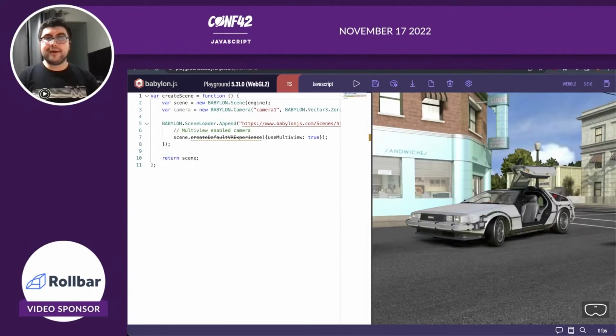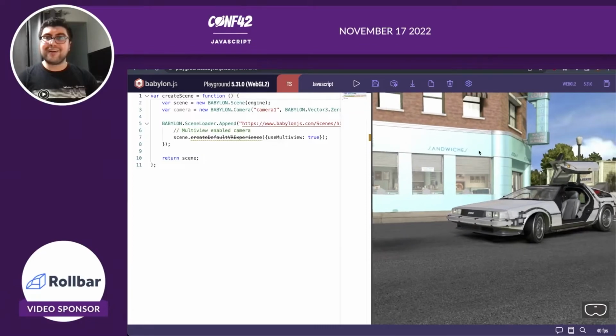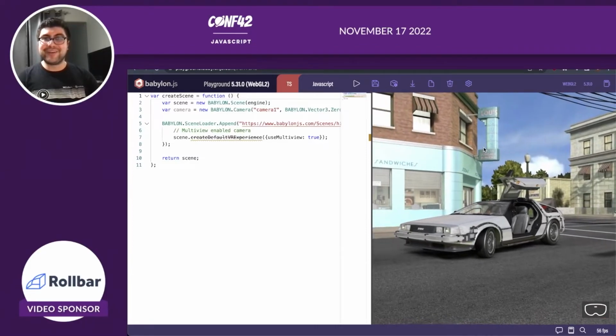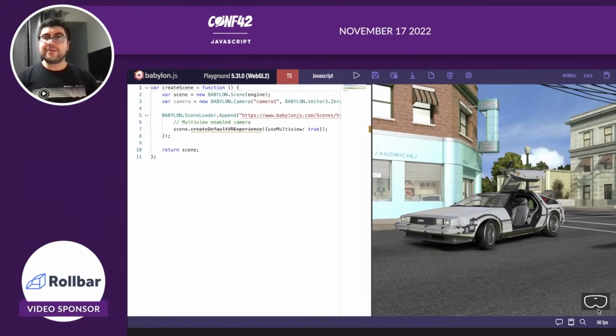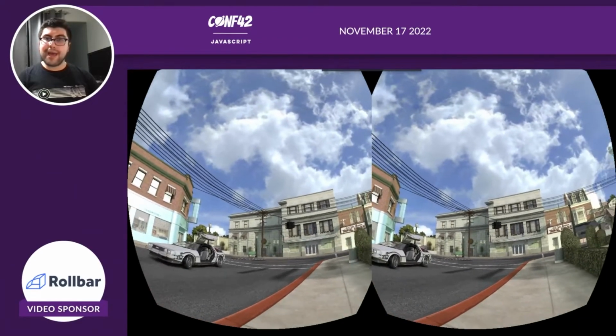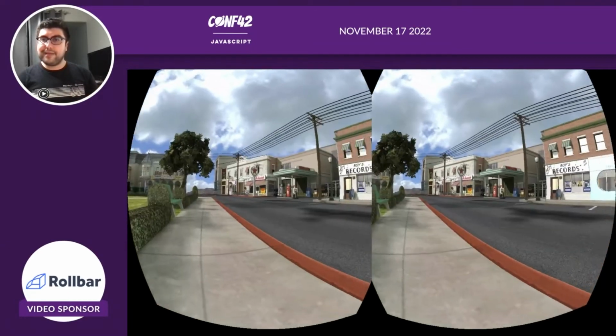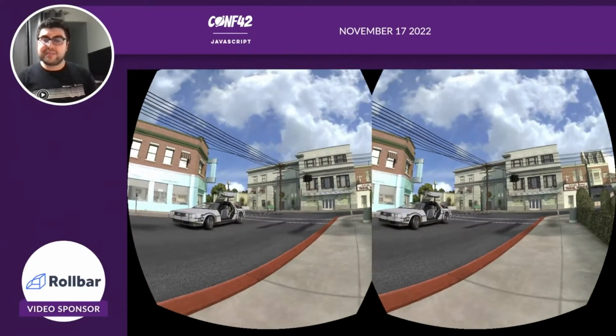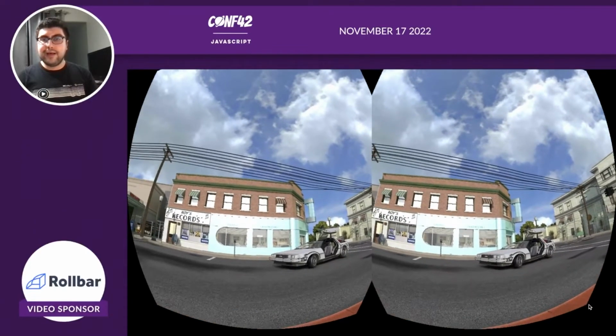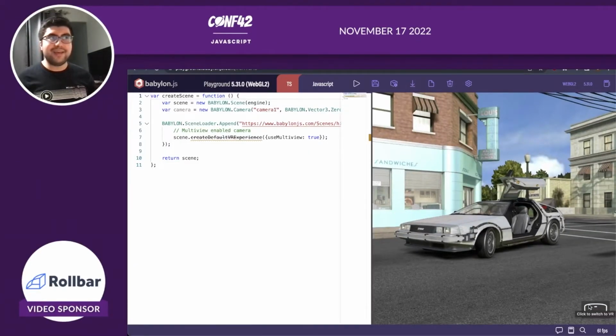And on the VR side, we have another example from the playground over here where somebody took this car, I think it's the DeLorean, if I recall correctly, and they allow you to do a VR experience as a sample. So you see this little VR goggles button over here. If I was viewing this via a Google Cardboard, which I'm not, but you can kind of see where it's coming from, you would be able to view this entire environment in that 3D kind of space via that headset itself over there. I, of course, am not streaming from a VR headset, so you might be a little bit disoriented the same way that I was,